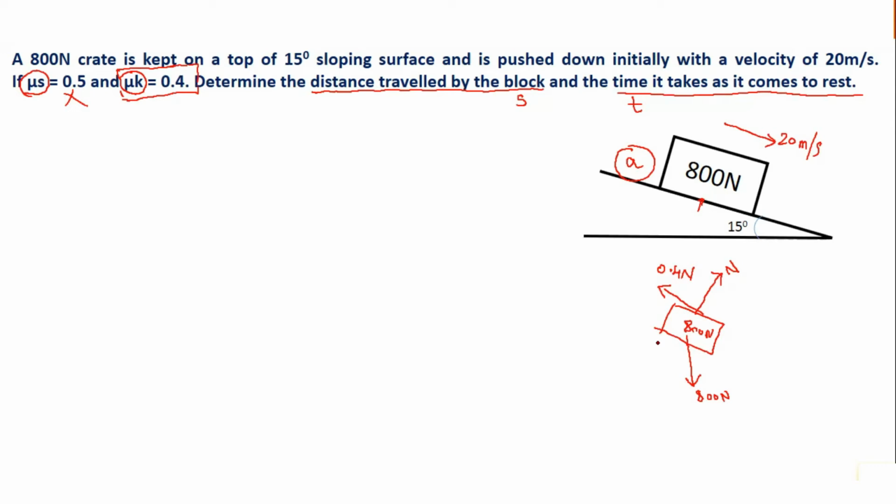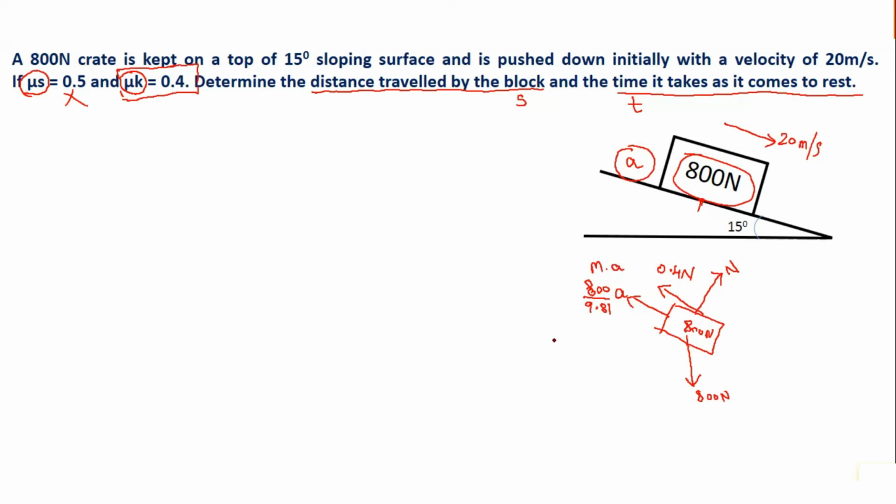Now the next step is to show the imaginary force, that is the D'Alembert force with a value of Ma. We also know that Ma is always shown in the direction opposite to the direction of acceleration. As the acceleration direction is downwards, the inertia force will be towards the left side with a value of M into a, that is 800 divided by 9.81 into a. Why 800 divided by 9.81? Because here we were given weight, that is 800 Newton, and here we require mass into acceleration. So it will be 800 divided by 9.81.